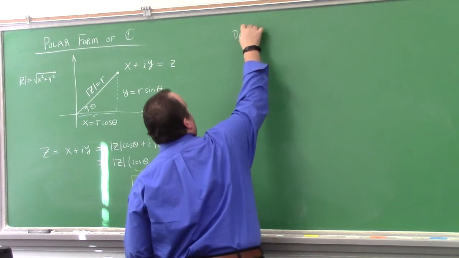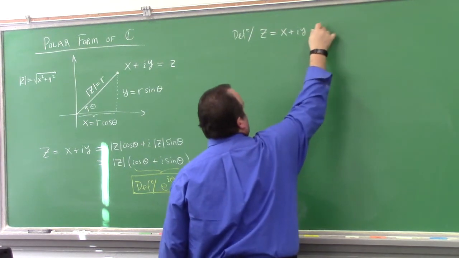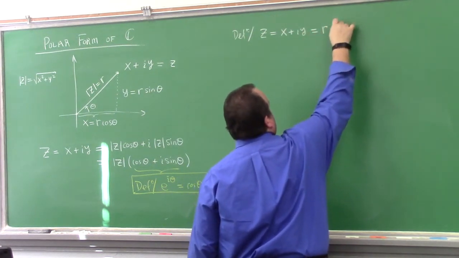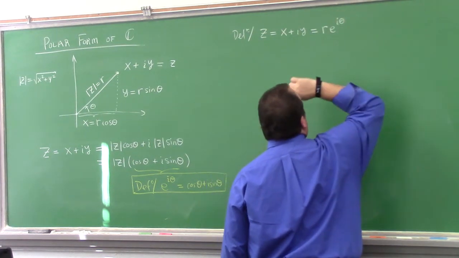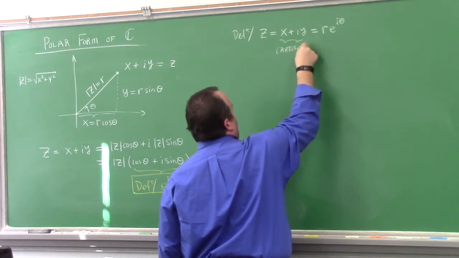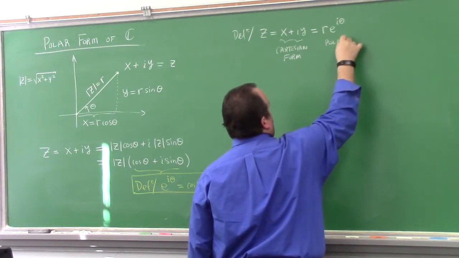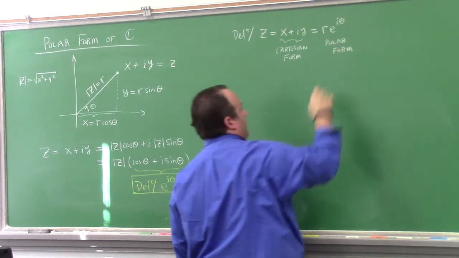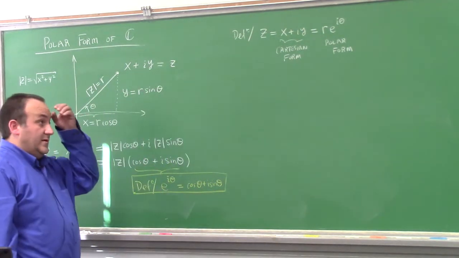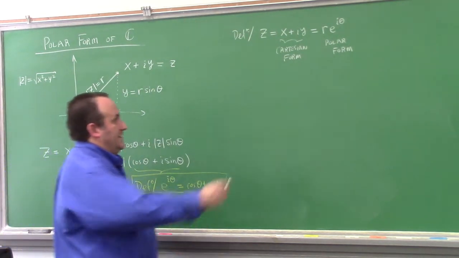So definition, if we have z equals x plus iy, we can also write it as r e to the i theta, all right? And so this is the Cartesian form. This is the polar form. All right. So Cartesian form is unique, right? Like you give me a complex number, there's a unique Cartesian form. Polar form, well, you notice that